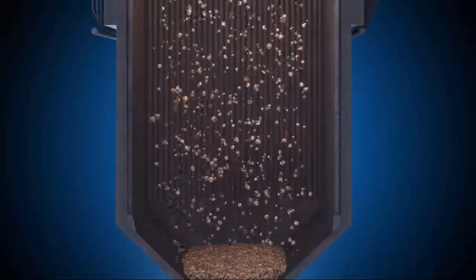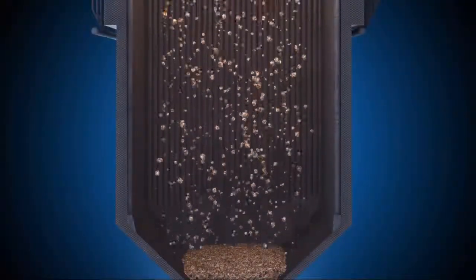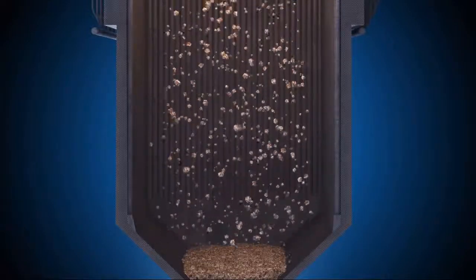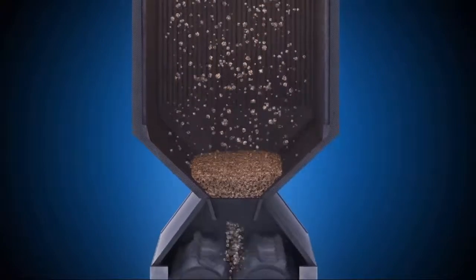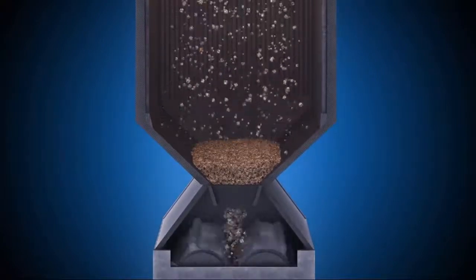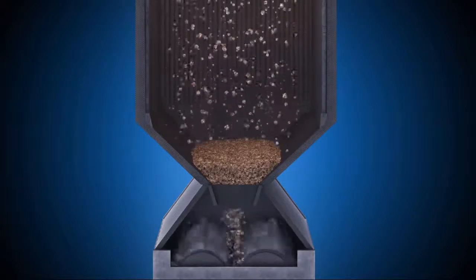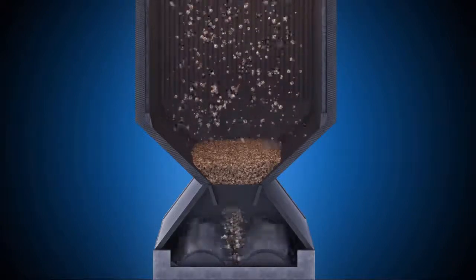Once combustion is complete, the heavier particles of ash, called bottom ash, fall into the bottom of the boiler. There, the bottom ash is crushed using clinker grinders, mixed with water and sluiced to the hydro bins, where the water is decanted and ash collected in dump trucks and either sold